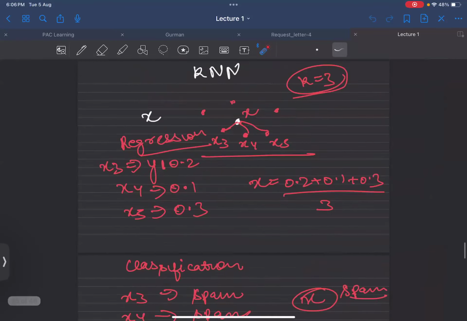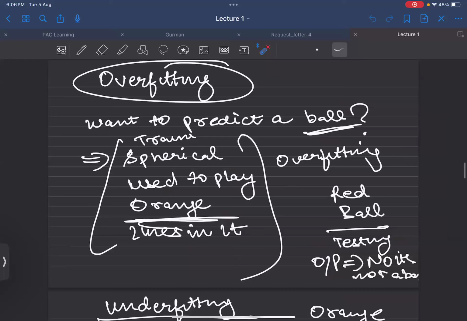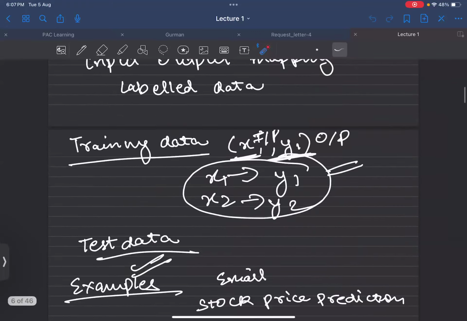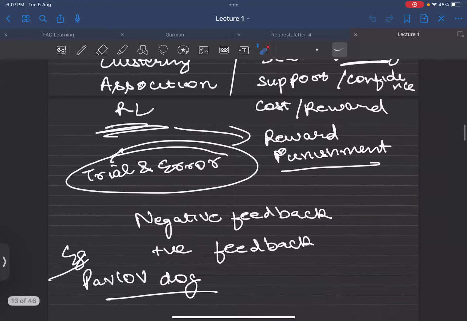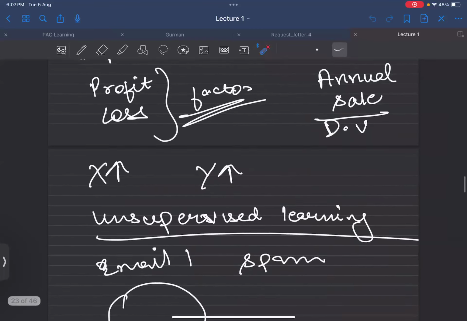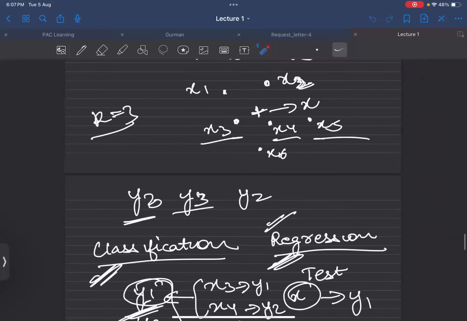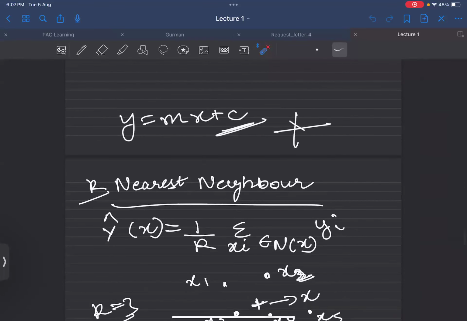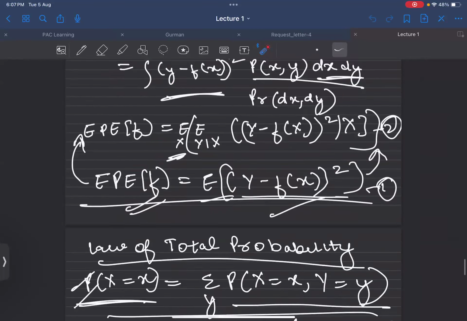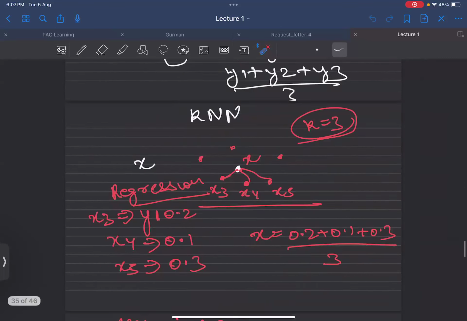Okay, let's start. Last time, a quick revision of what we have done. We did supervised learning and unsupervised learning. I hope it is clear what machine learning is, what supervised learning is, and what unsupervised learning is. Those were the basics. I have also given you the sheet, and maybe I'll share the link in the YouTube comments too, since someone asked. Then we also did K nearest neighbor, and somewhat linear regression, not in detail, but we touched on that part. And then we came to statistical learning, basically.